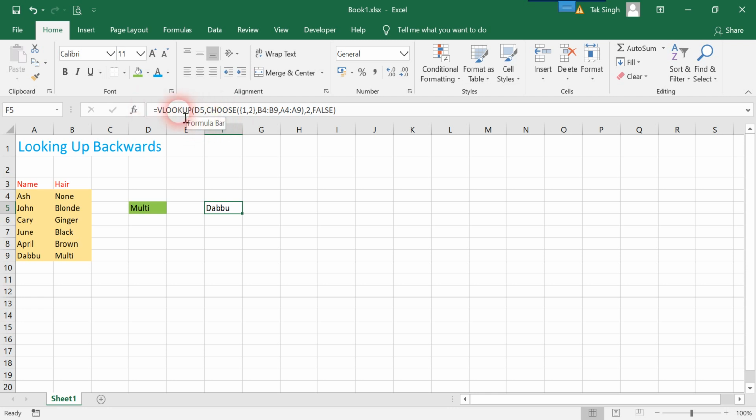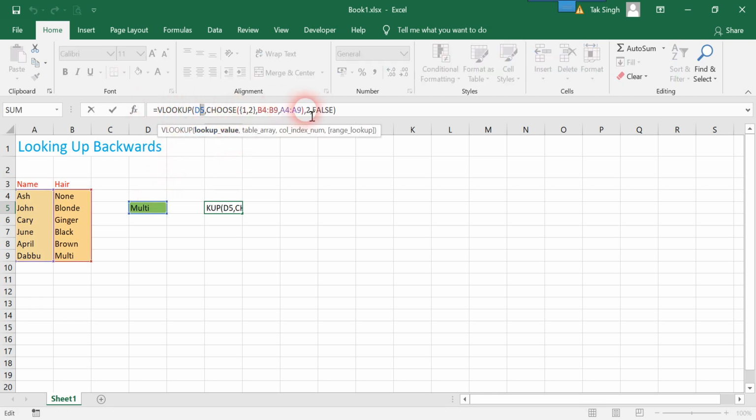What we have is the D5 VLOOKUP function. We are looking up this cell, and we are returning the second column as the output in this cell, and this is set to FALSE. We want an exact match, that means. And over here in the range we have done the modification. We are making the call to the CHOOSE function. In the curly brackets we are saying 1 comma 2.